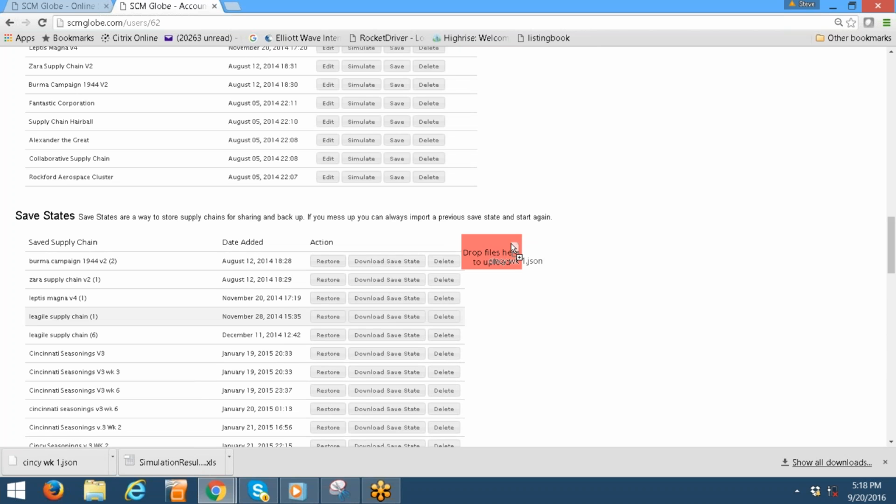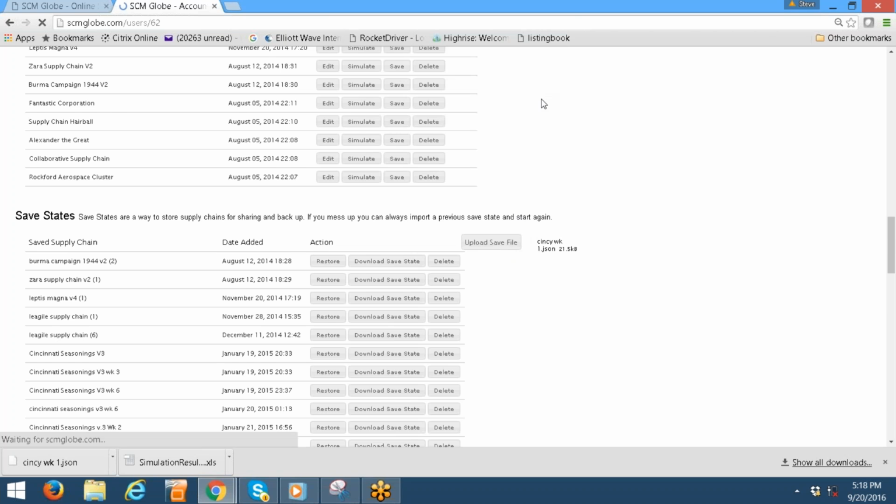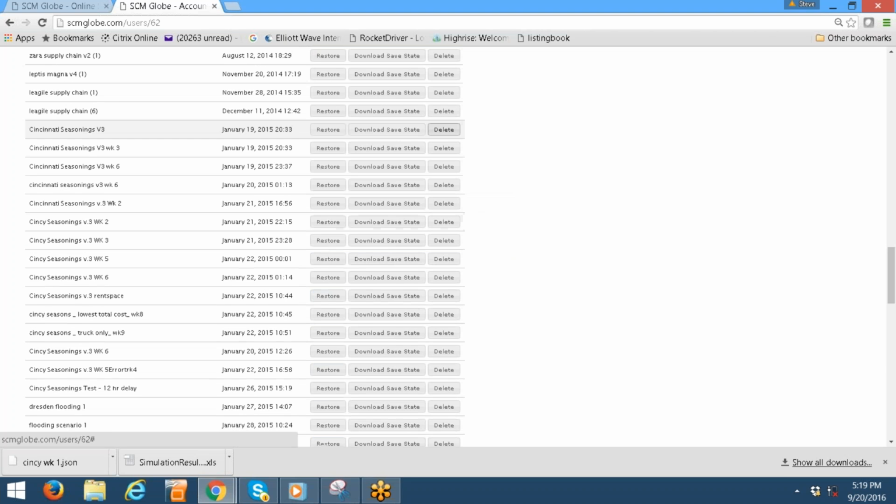Drop your file. Drop file here to upload, which is not going to be nearly as far away because you will only have a couple of weeks there, even at the end of the semester, unless you store a whole lot of versions. Drop it on there, okay, and it says that that file has been uploaded, and you say okay, and then we take a look here,